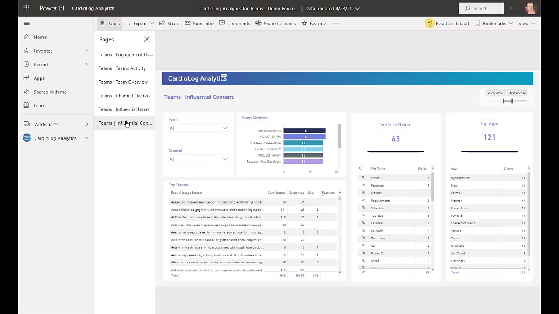And then if we quickly hop over to influential content, before I show you what we are going to do with this data and these insights to actually drive user activity and productivity in these platforms, I just want to show you real quick. So for each team and channel, you can see if they are sharing files and if they are using apps or if they are adding